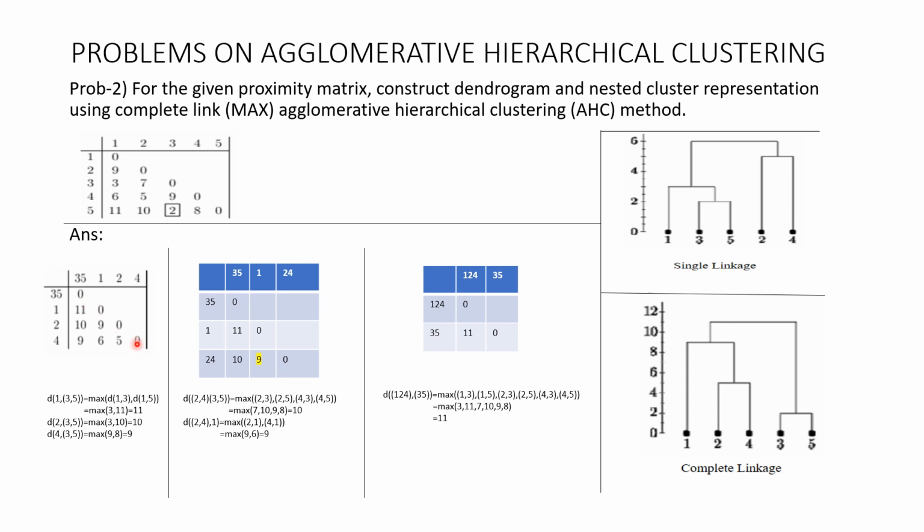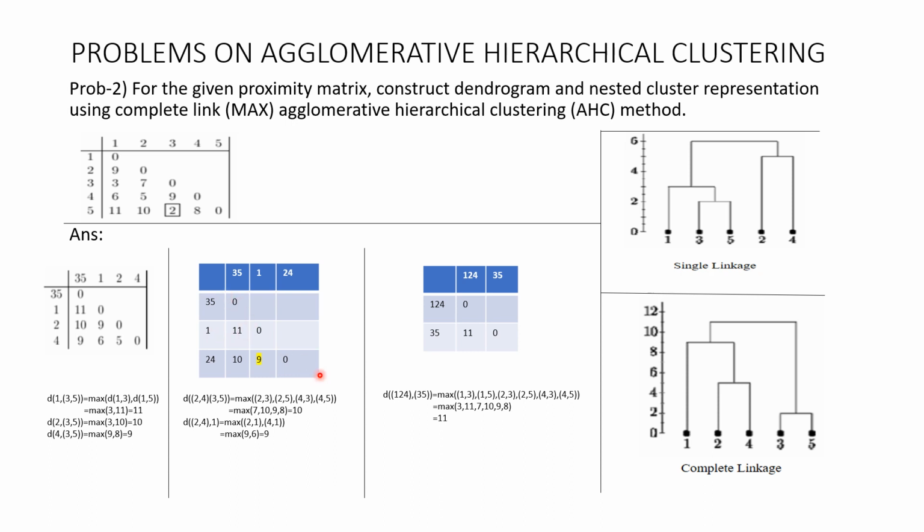Again, repeat the same process. In this, which is the minimum? Now don't select the maximum. Only while calculating the distance do you select the maximum. Otherwise, you select the minimum here, which is 5, right? Since 5 is the minimum number, which points will merge? 2 and 4. That's what he has done here. 2 and 4 are merged. 3, 5 was already merged. In this case, since 5 is the minimum, we merged 2 and 4. We got 2, 4. The remaining point is 1. That's what is written here.